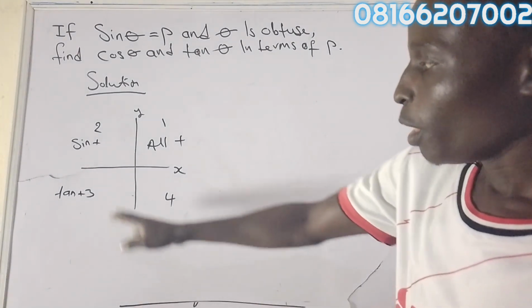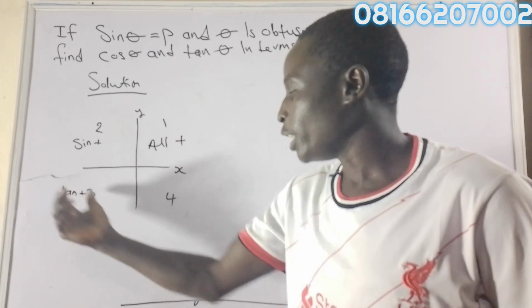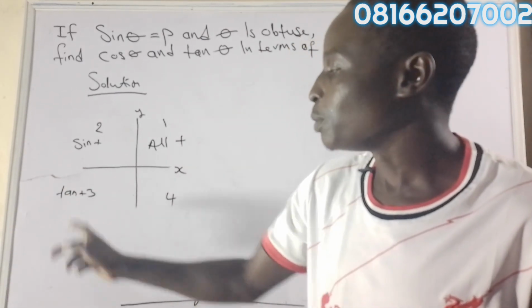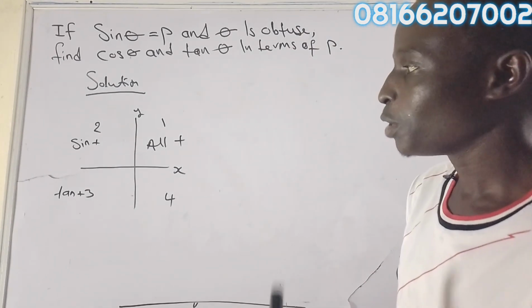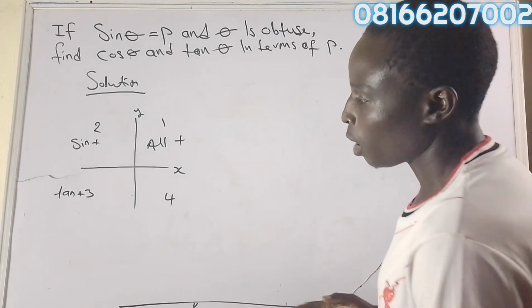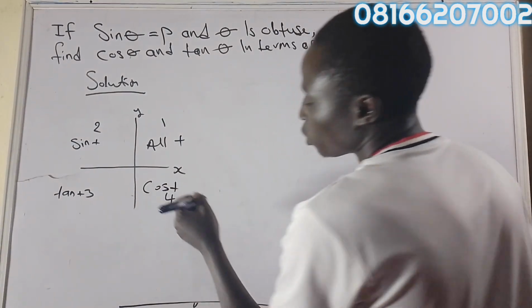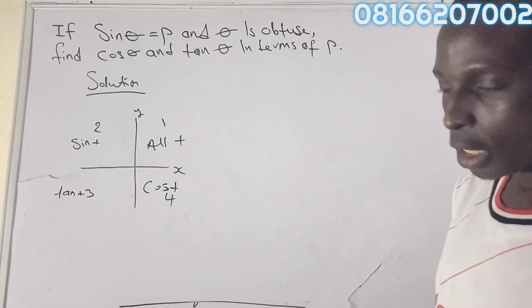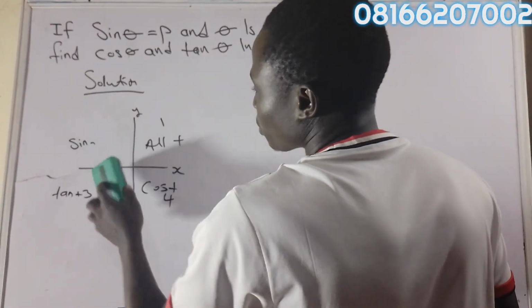That means if your angle ranges between 180 and 270, if it is not tangent, any other thing is negative. Cos is negative, sine is also negative. While in the fourth quadrant, it is only cos that is positive. So going by this,